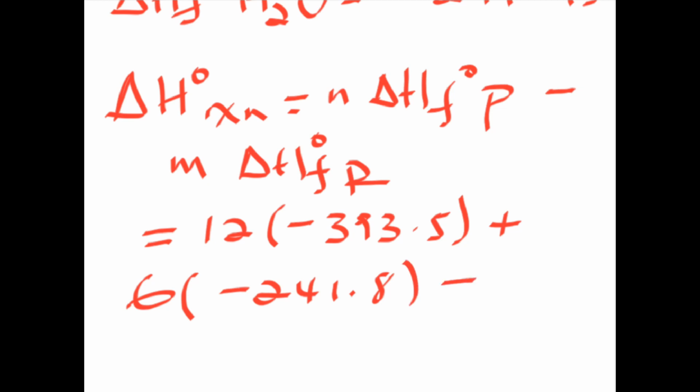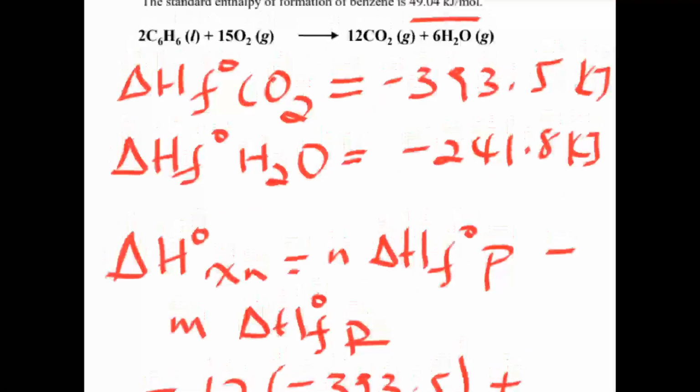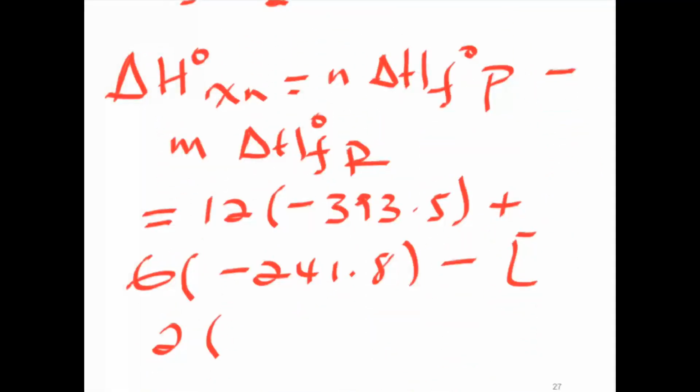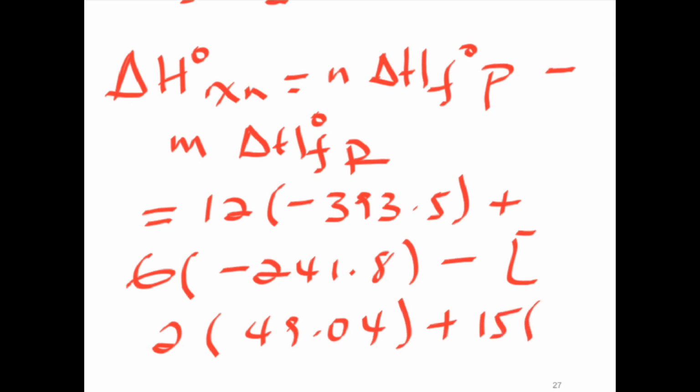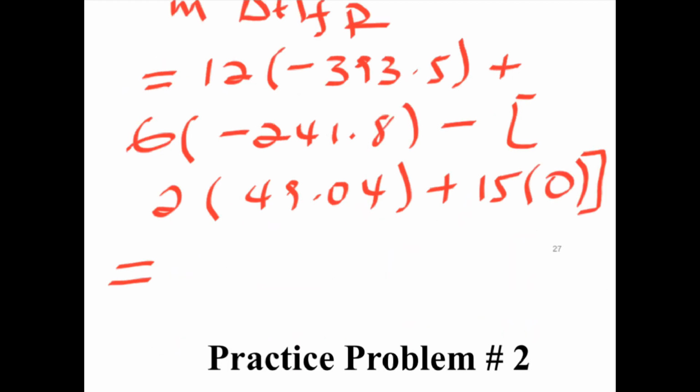ለጊዜው ዩኒቱን ኢግኖር ላደርገው ነው፣ በኋላ ጽፋለሁ። የቤንዚን 49.04 2 moles times 49.04 kilojoule plus ነገር ግን የኦክሲጅን standard for enthalpy of formation 0 ነው ብለናል because it is in its stable form ማለት ነው። ይህን ካልኩሌት አድርጋችሁ 6047.7 kilojoule ታገኛላችሁ። Now mind this amount of heat that is released is the amount of heat for 2 moles of benzene